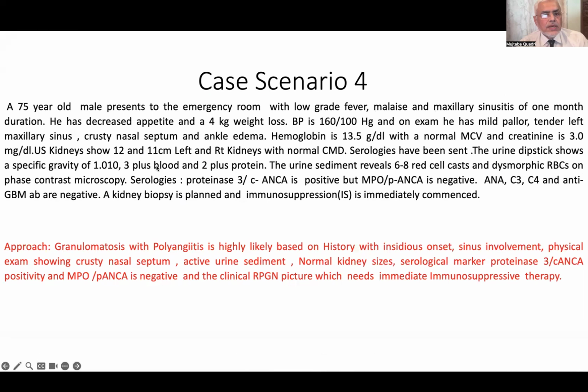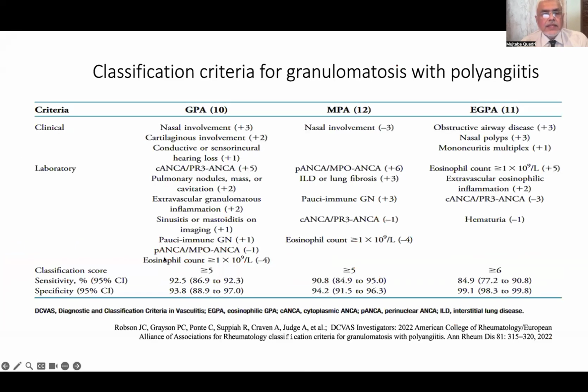Urine dipstick shows 3 plus blood, 2 plus protein. Sediment reveals 6 to 8 red cell casts, dysmorphic RBCs on phase contrast microscopy. Proteinase 3 is positive, but MPO is negative, and ANA, C3, C4, anti-GBM are negative. Kidney biopsy is planned. Immunosuppression, meanwhile, is immediately commenced with pulse steroids and followed by cyclophosphamide. And this appears to be a classical RPGN picture with granulomatosis with polyangiitis, and the biopsy would support